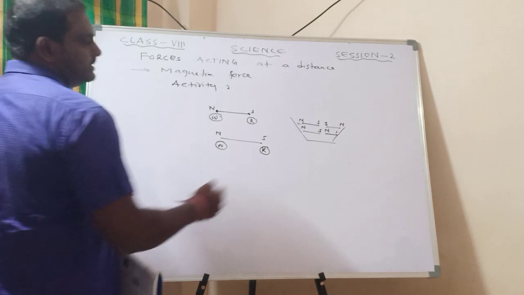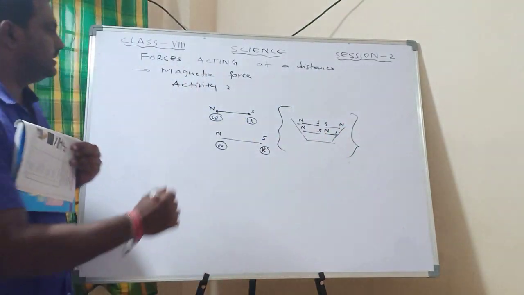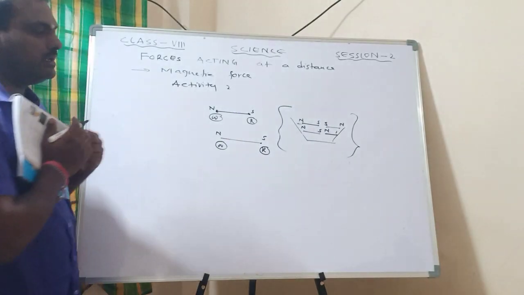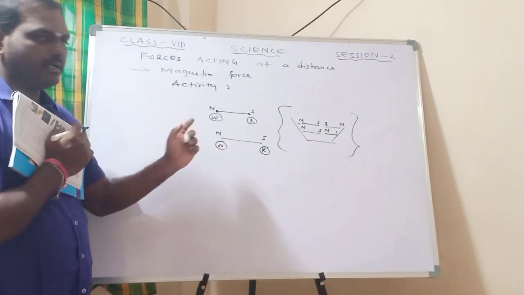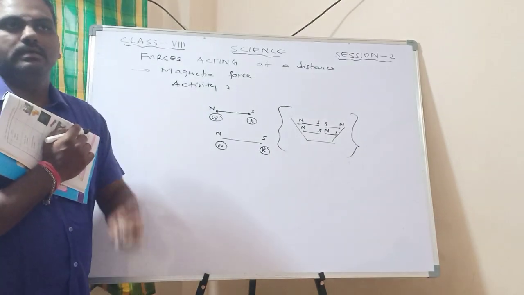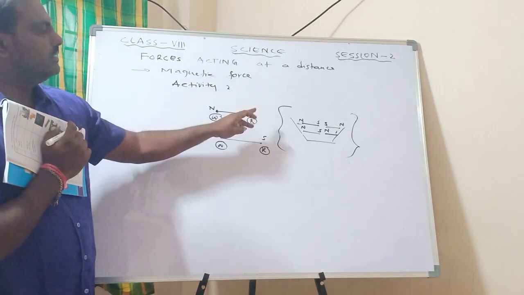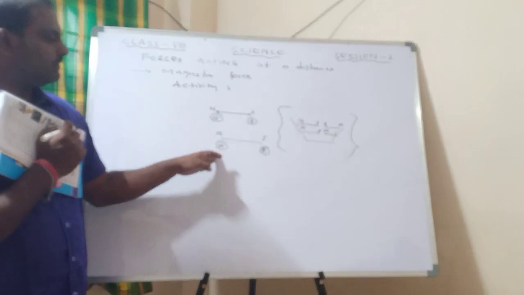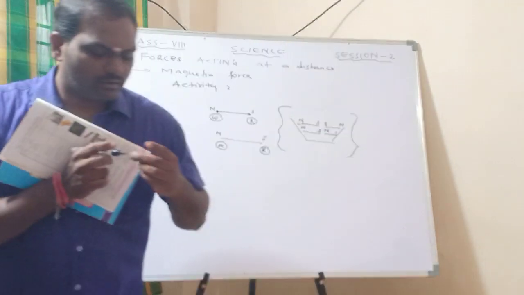Okay. Is this diagram clear? What does it indicate? This is the first one. It's a normal needle that we have made into a bar magnet, and this is also a normal needle that we have made into a bar magnet. Then we have kept two things, a white one and a red one. The red one indicates the south pole and the normal one indicates the north pole. Now take a bowl of water. We have to do two activities.